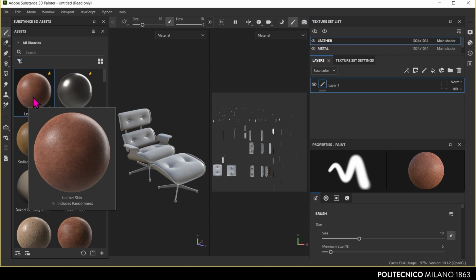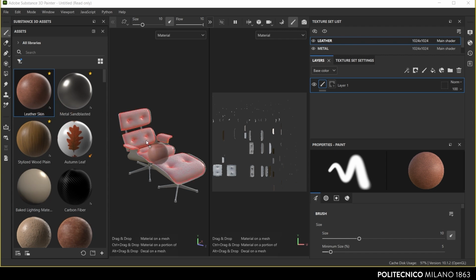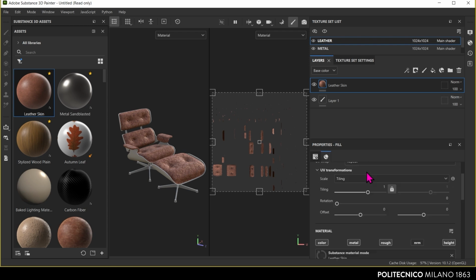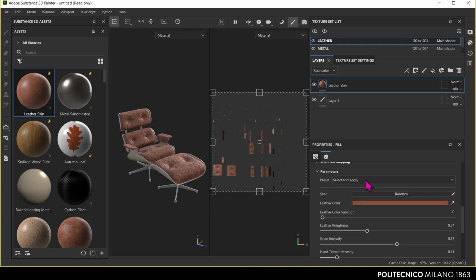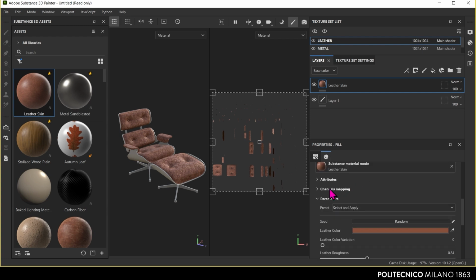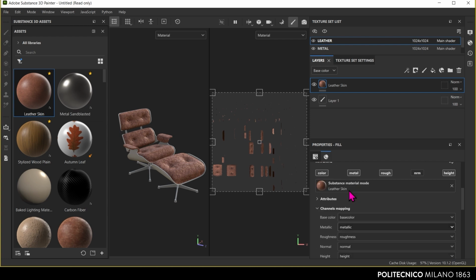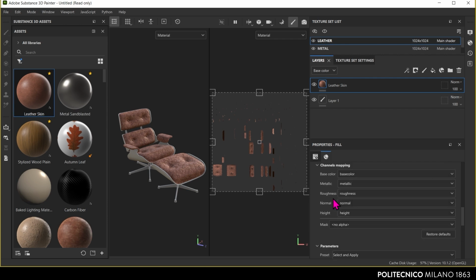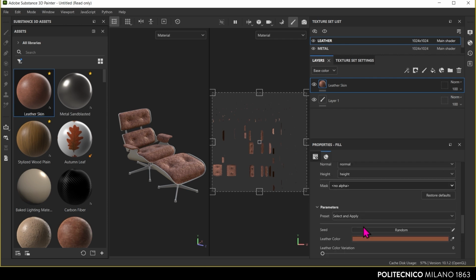The first step is to texture the leather element of the seat. To begin, an existing parametric material from the library is assigned. On the lateral strip, access various settings that allow us to fine-tune the parametric texture to achieve the desired effect. These settings include adjustments for roughness, specularity, and reflectivity, which are essential for simulating the natural variation found in leather.